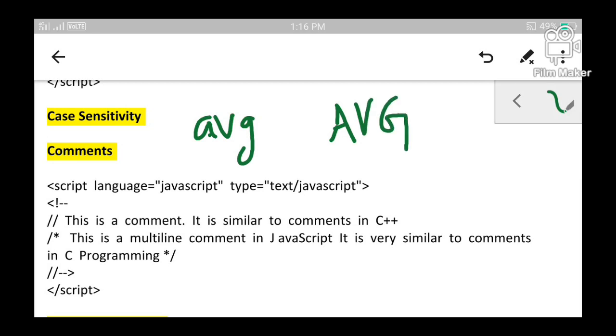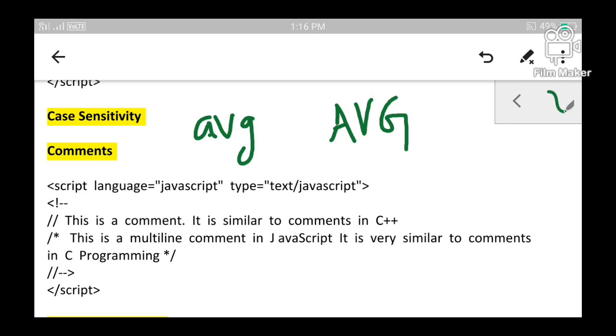These two variables will be treated differently in JavaScript. This will be treated as one variable and this will be treated as another variable. So it clearly indicates that if you change the case of the variables while naming, it matters in JavaScript because both of them will be treated differently.